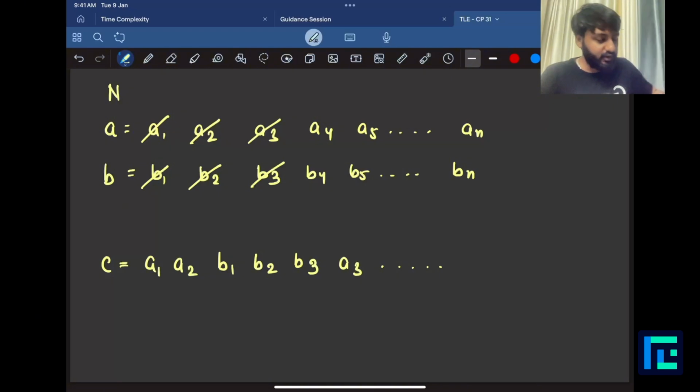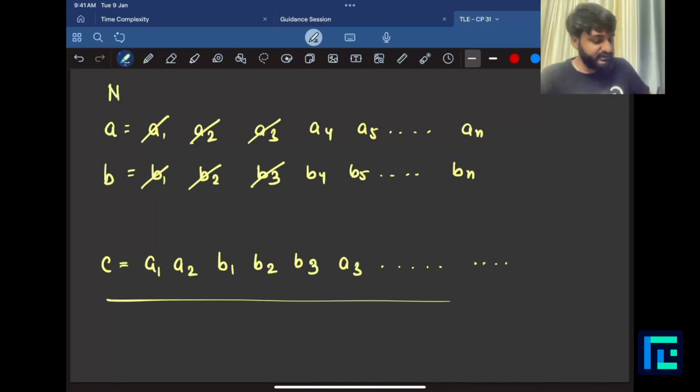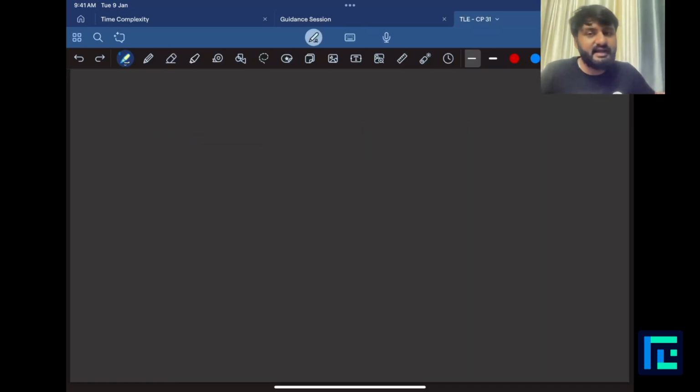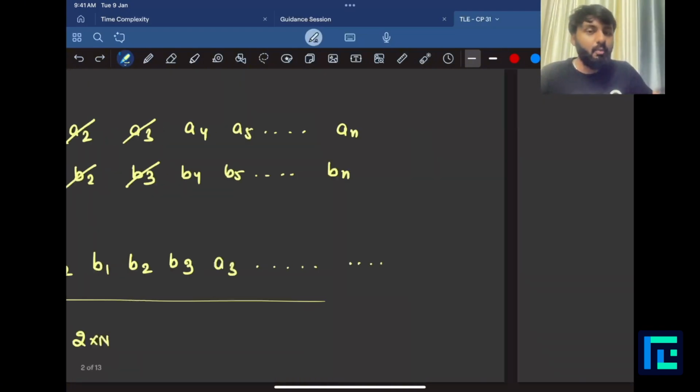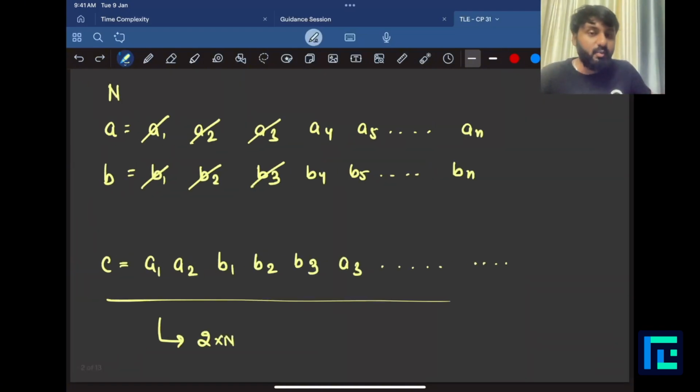Now this method that I'm doing is of course going to create an array C, which is going to have a length of 2 times n. Why 2 times n? Because n elements from here, n elements from here. So 2n is the total size of this array. Now the idea is there can be many different iterations of C. So if all different types of C arrays can be obtained, what is the thing that we finally want? We want such an optimal merging of the C array that